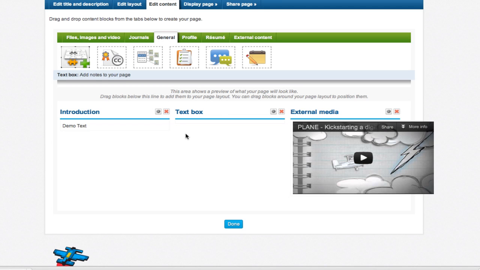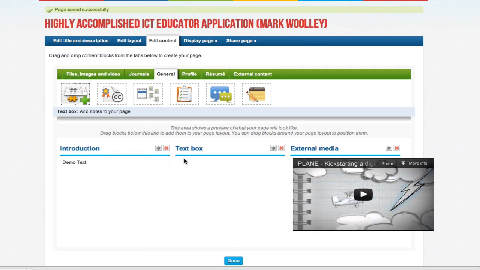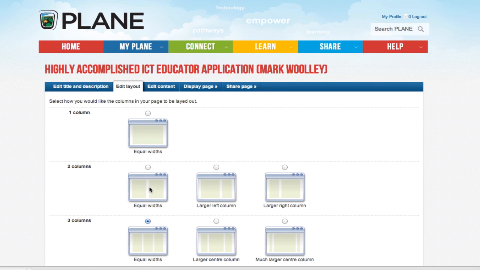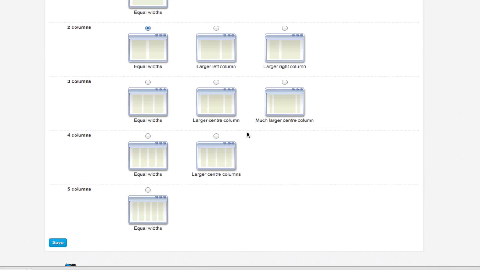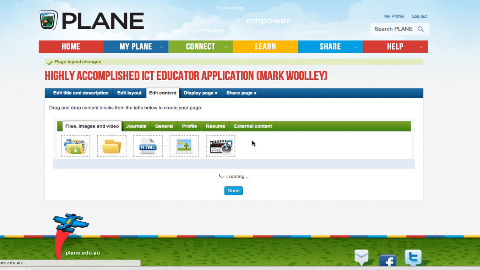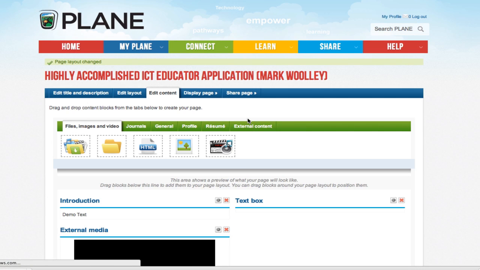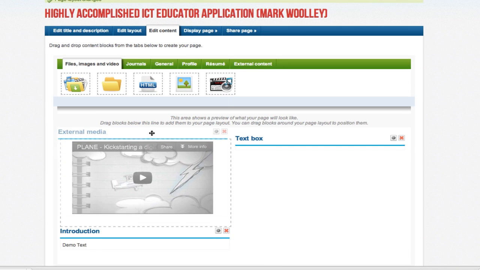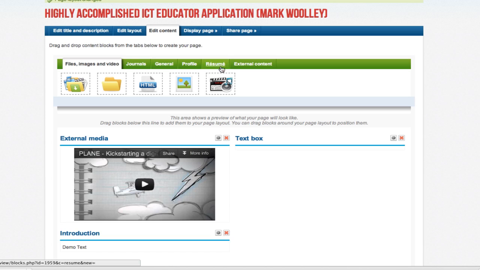Again, you might decide, like my page, that I only wanted 2 columns. So if you come to edit layout, you can choose a different layout. Not sure about where you place particular media, you can drag and drop it around. So you can see there's a fair bit of flexibility there. Again, the intention is to get the message across to us about your capability as a teacher and using ICTs